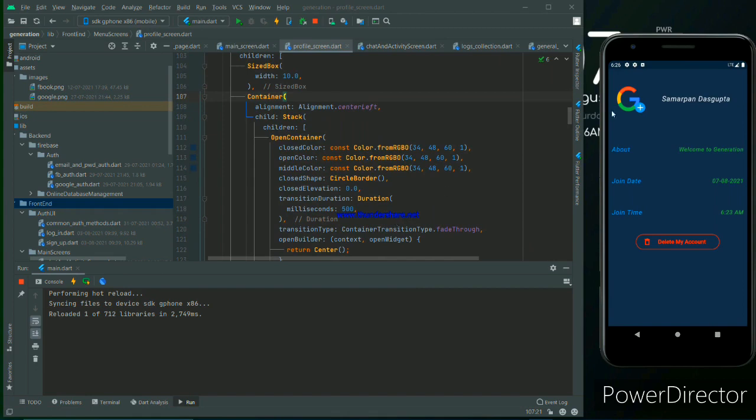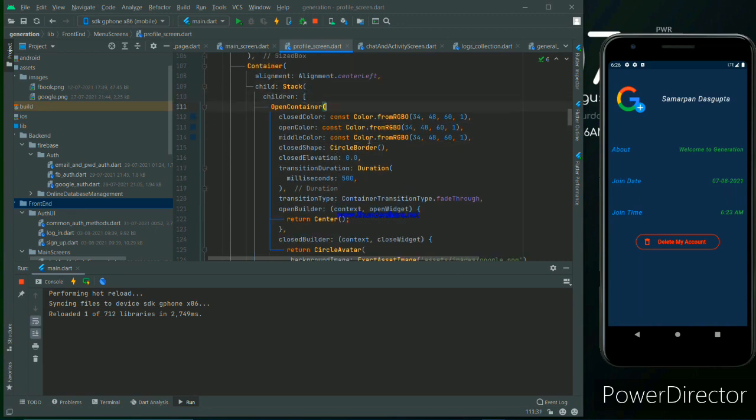So you can see that's the Google logo, and the plus icon is overlapping. That's why we use Stack, so we can overlap one widget upon another. Okay, so that's an open container. That will open your profile image in a broad form, but it's not used right now, because we will show it in the backend stuff as well when we get there. So stay tuned, because we will start from Tuesday.